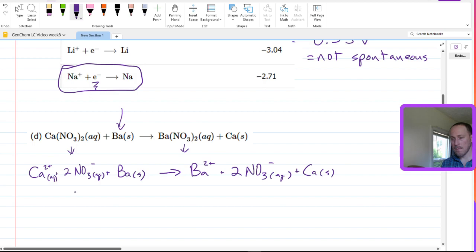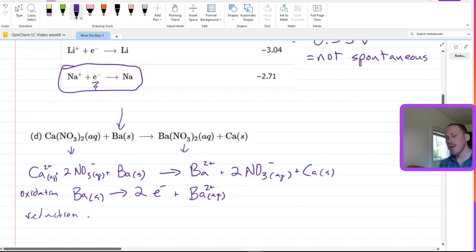And we have a situation where the barium, this is the oxidation, the solid barium is going to lose 2 electrons and become aqueous barium cation. The reduction, the aqueous calcium cation is going to gain those 2 electrons